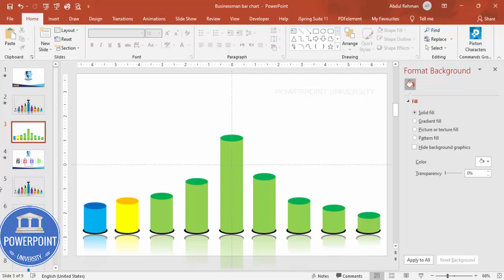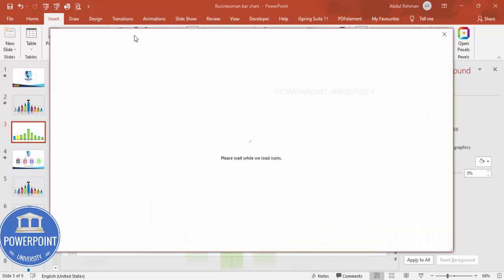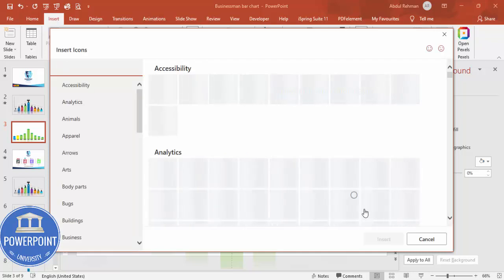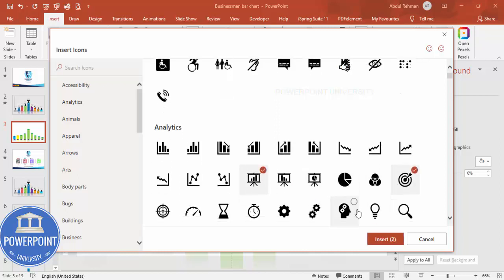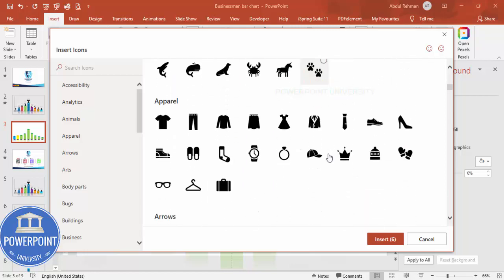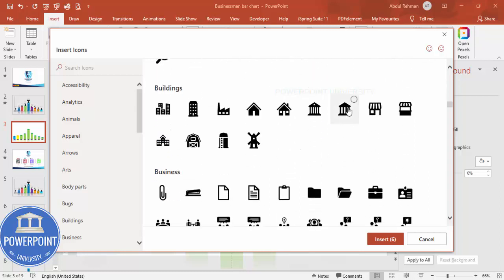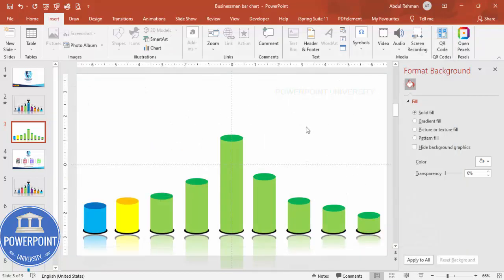All right, so once this is done, you can go to insert, click the icons. All right, you can add any icons of your choice from this particular icons, or you can go to www.thenounproject.com. You can add it also from there. So let me just randomly select 9 different icons. Okay, so different icons I'm going to choose. So let me just choose this one and this one and this one. Click insert,